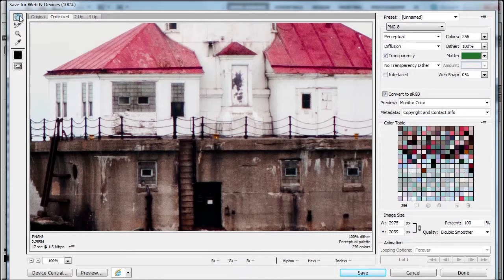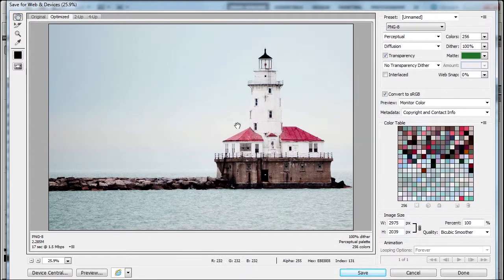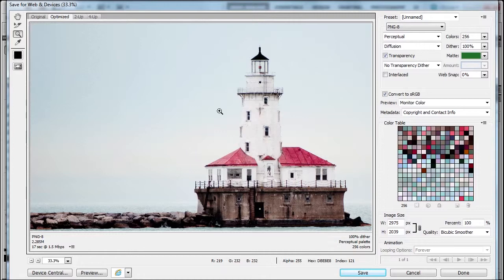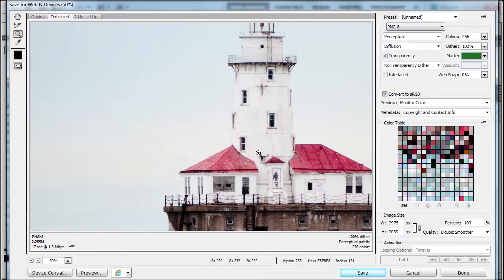I can double click the Hand tool and fit in view, but I can see that it kind of looks a little grainy. I can use the Zoom tool and zoom into it to see it a little bit better. But there's something else that's more troubling. If I go over to the right side, I have different types of presets. So when this dialog box opens up, I know that this image is huge. So first thing I'm going to do is go to my